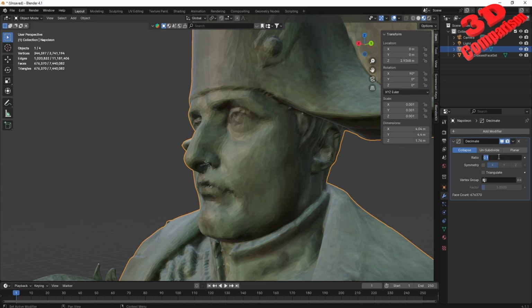So if I go with 0.01, you're going to see that the mesh will be decimated more heavily, and we're going to lose a lot of details. But at the same time, we're going to have a mesh that is smaller, and that can in some cases be added as an editable within CATIA. Okay, so